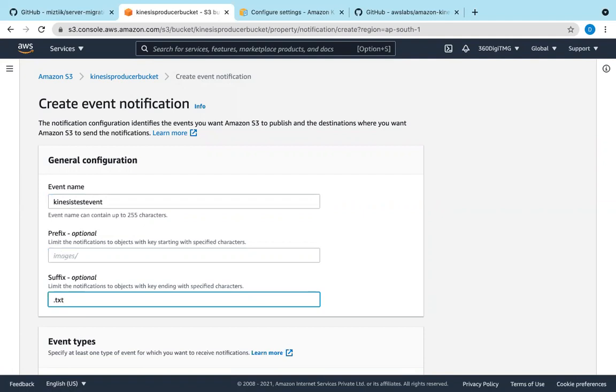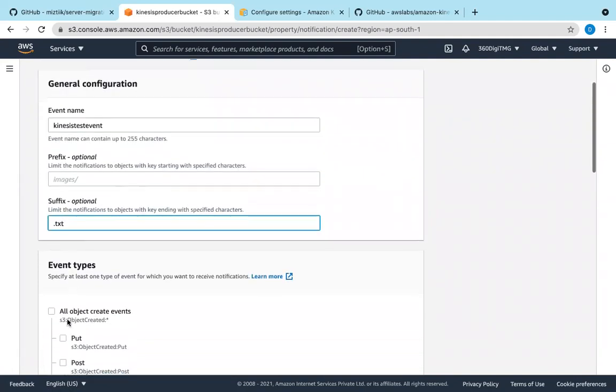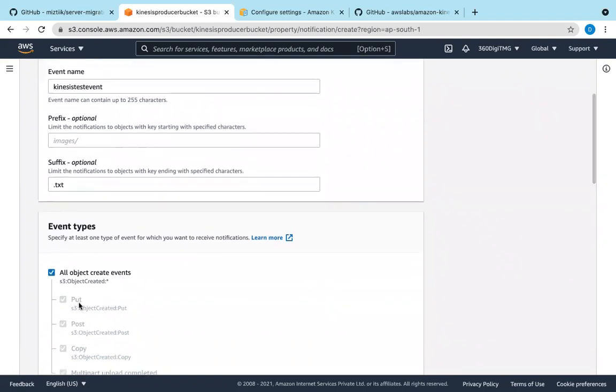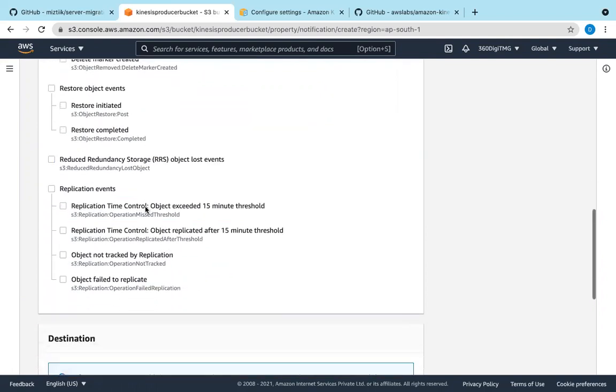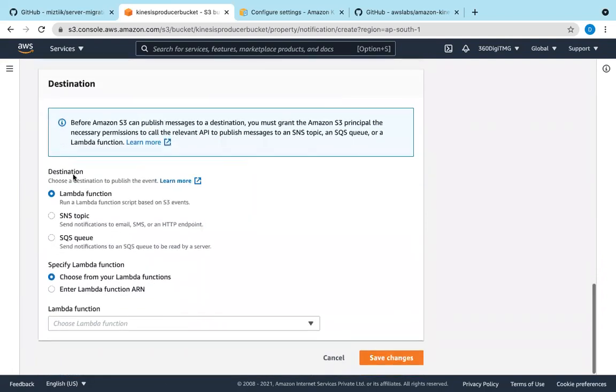Only when .txt files are there, when a .txt file is put, post, copy or multi-part upload happens with this suffix, then we are triggering a Lambda function.